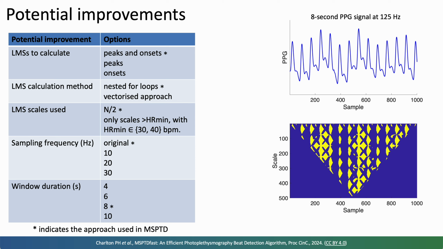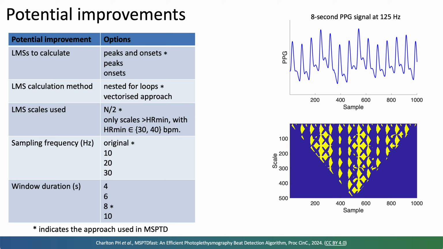Firstly, whether, as in the implementation of MSPTD, we need to calculate scalegram for both peaks and onsets, or whether we can get away with just calculating one scalegram or the other. Secondly, whether we could make the method used to calculate the scalegram more efficient by replacing the current nested for loops with a vectorized approach. Thirdly,